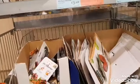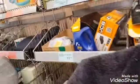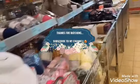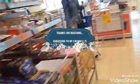And then these are some chairs for your garden that you could use outside, for camping, and loads of stuff. And everyone is remaining socially distanced. And then you have more bleach and loads of household stuff, and then children's toys and dinner sets and lunch sets and plates, makeup,